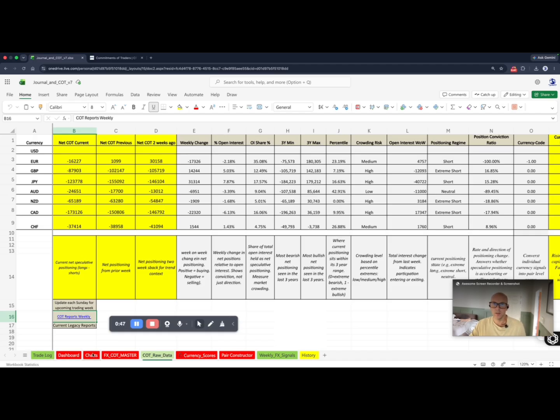And what I've done, I've added the trade log, the journal, together with the COT, so it just sits in one convenient spreadsheet. I did it that way rather than having multiple spreadsheets. And there's an awful lot to explain from this. But for this particular video, I'm just going to touch upon the COT data,